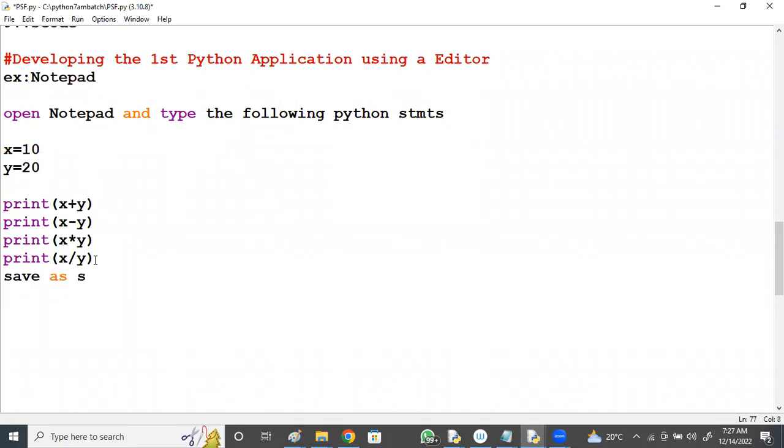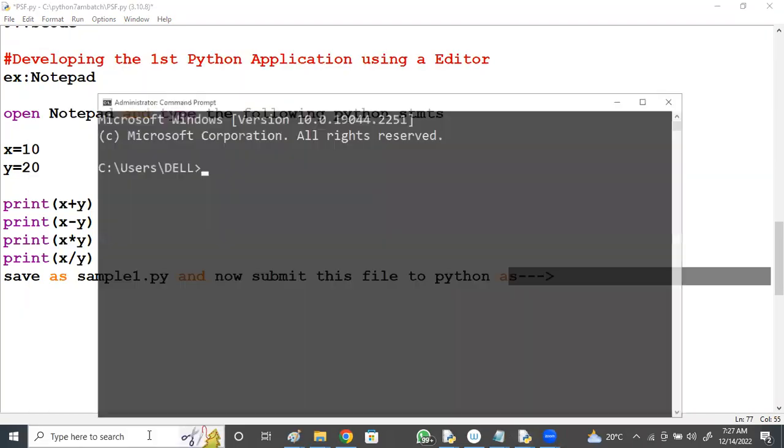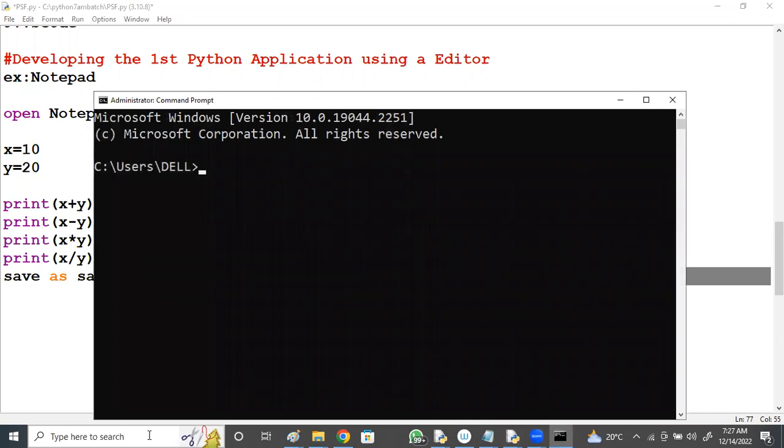Save as sample1.py, and now submit this file to Python. Go to the command prompt and type python and give the path of the file where exactly it is available.